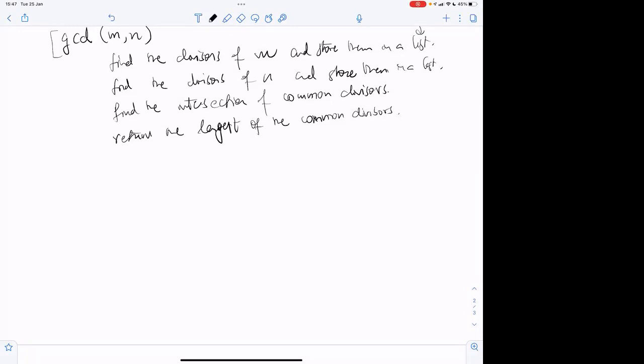So how would you find the divisors of a number a? This is a function you would like to write.